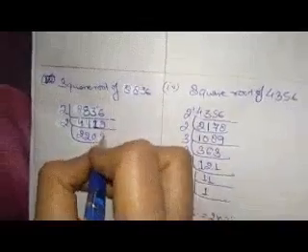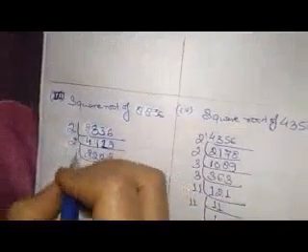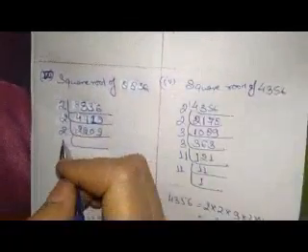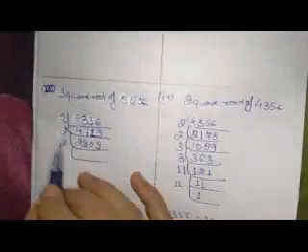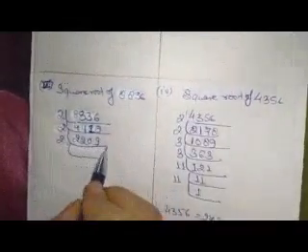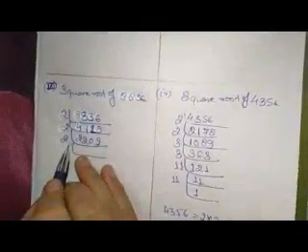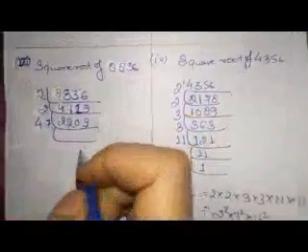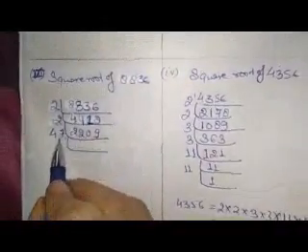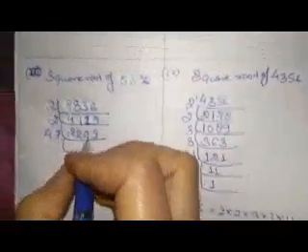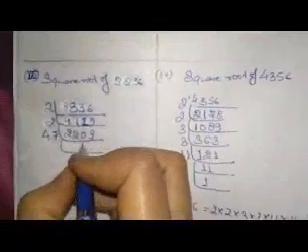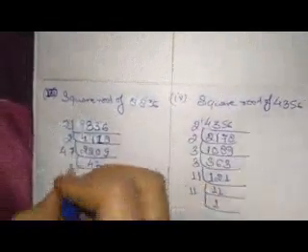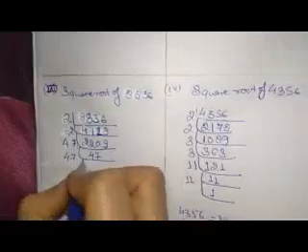And 2 9s are 18. Again dividing with 2, it is not possible because a remainder will be left. So what will we do? We will divide with 47. And as I made you learn, the square of 47 is 2209. So I will write 47 here again. Okay, I will divide this 47 with 47.